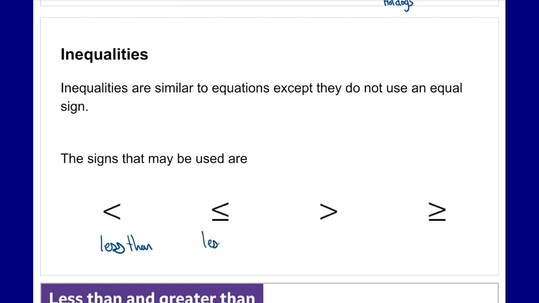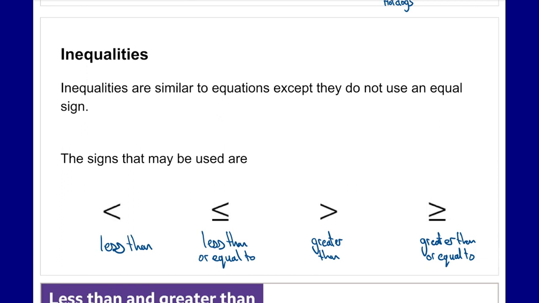Here the left value is less than or equal to the right value. This means that the left value is greater than. And the last one is greater than or equal to. So these symbols are what we're going to be using in our equations of a line to represent